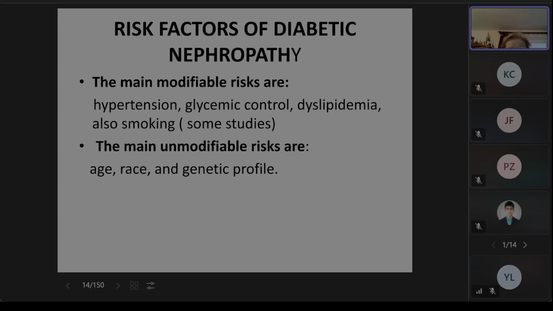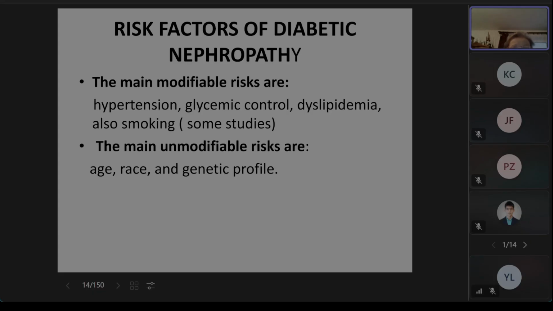Of course, the last risk factor is maybe not very strong, because only some studies are showing that smoking cigarettes can be a modifiable risk factor, whilst other studies